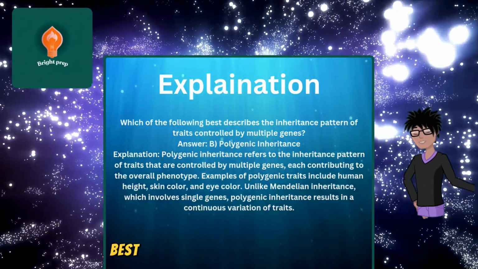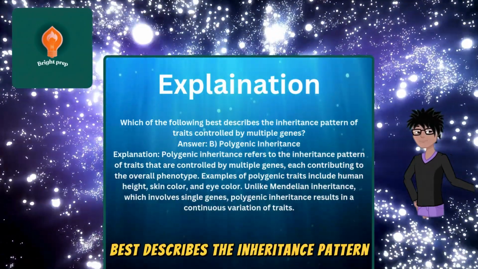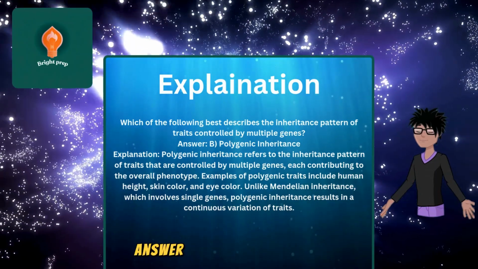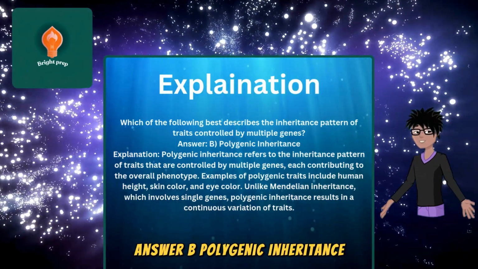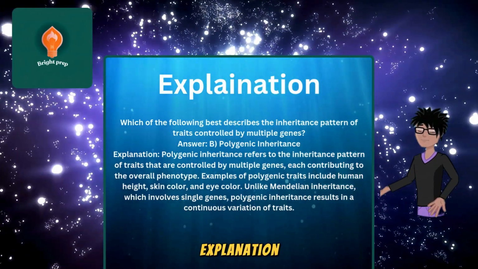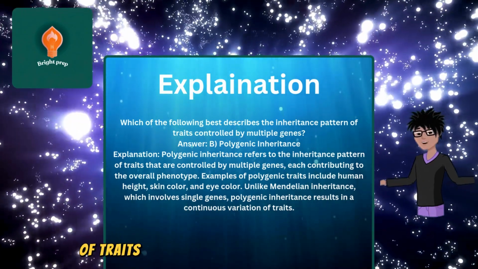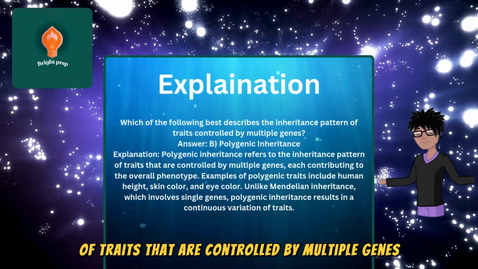Which of the following best describes the inheritance pattern of traits controlled by multiple genes? Answer B. Polygenic inheritance. Explanation. Polygenic inheritance refers to the inheritance pattern of traits that are controlled by multiple genes, each